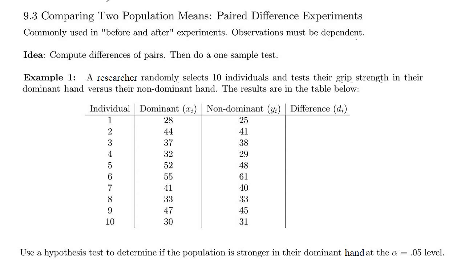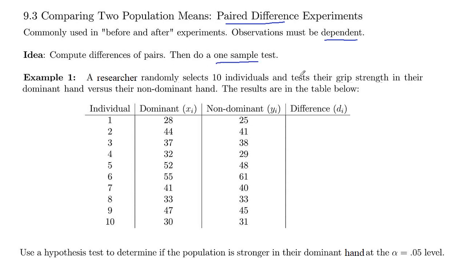So here in section 9.3, we are going to compare two populations, but with a paired difference experiment. These are commonly used with before and after experiments where you have multiple measurements on the same individual. Your observations are dependent because they're related to the individual who's measured. The idea here is we'll compute differences of our pairs and then just do a one sample test on the